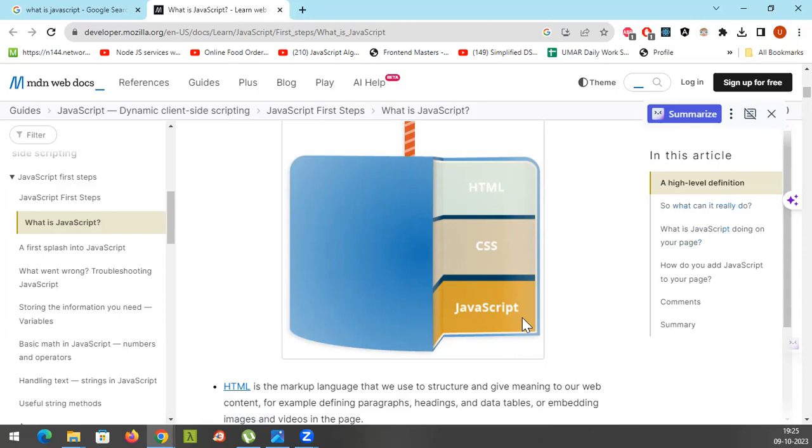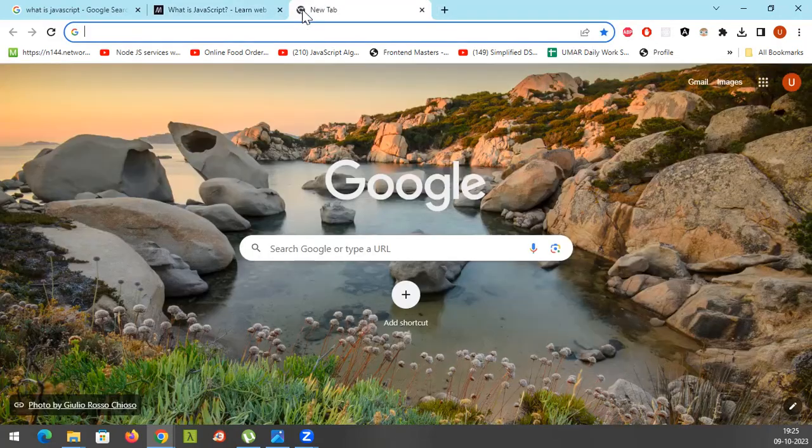And the browser also has a compiler. Google Chrome has its own compiler engine, and Mozilla has another engine. If you come to